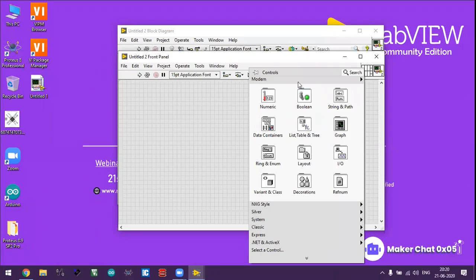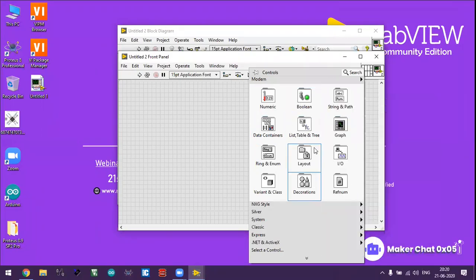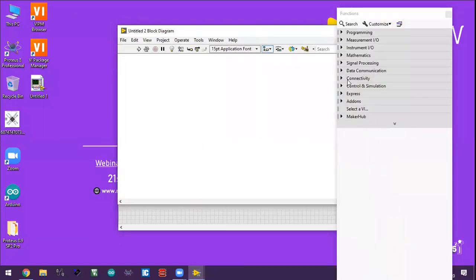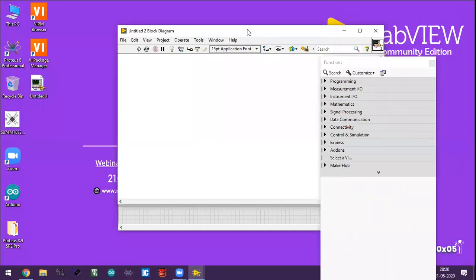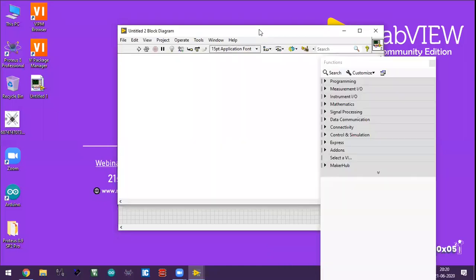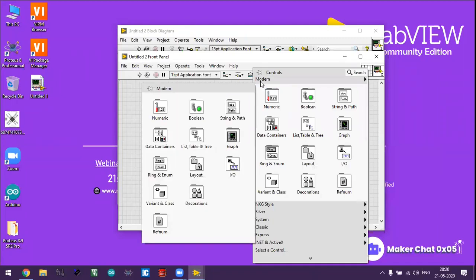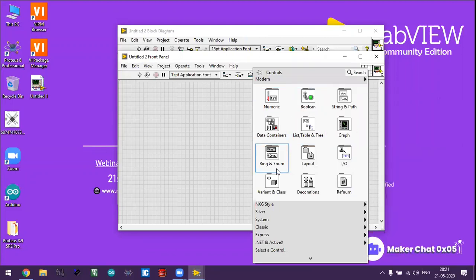If you are going to work with buttons and LEDs, all those things appear over here, and this is the block diagram, where there is a functions menu. So the front panel consists of a controls menu, and the block diagram consists of a functions menu. Sorry, these are the modern controls.